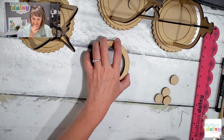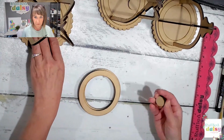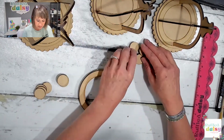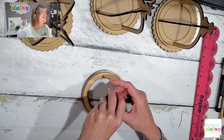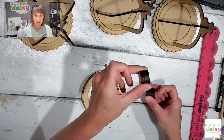So these do come as a set of 3. You can't buy these individually. And then again, you have more feet for this one. I will probably make a listing where you can get extra feet if you want. So if you want to elevate your risers, like maybe you want to put 4 of these on one riser